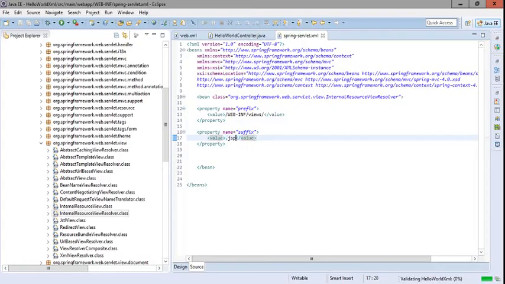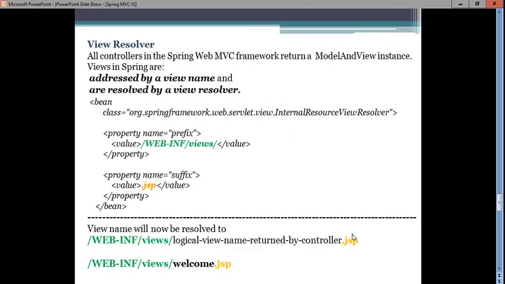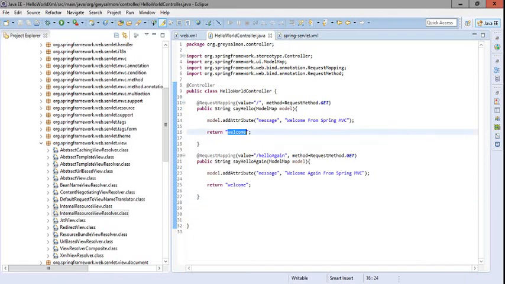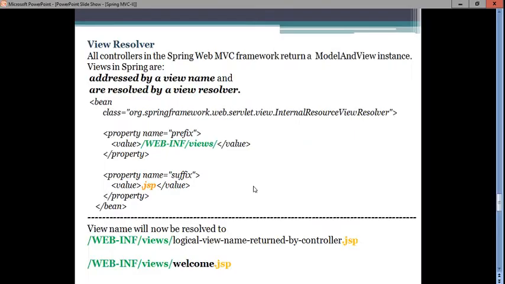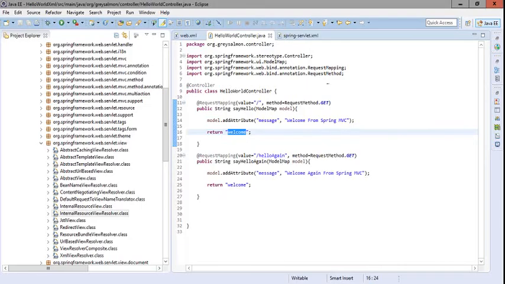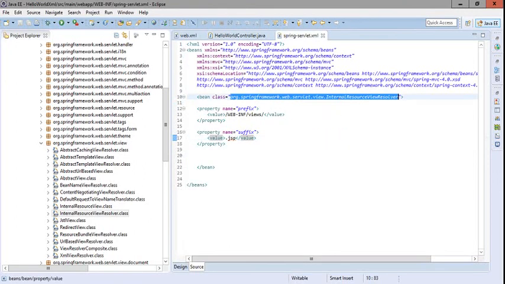Okay, now as we have done here, when the controller returns the logical view name, this logical view name will be handed over to the dispatcher servlet. Now that logical view name will be passed by the dispatcher servlet to the view resolver. Now here is our view resolver.